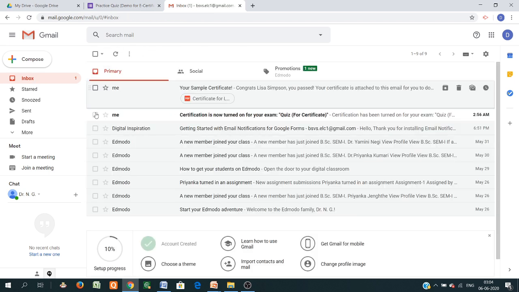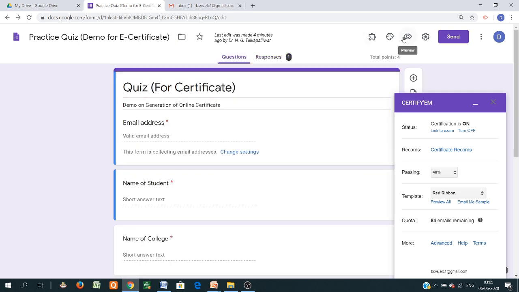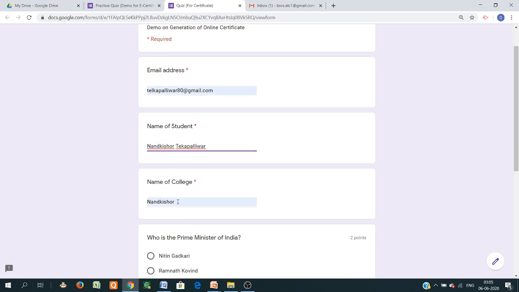It takes a little time, we will see later how the certificate looks with another response. Suppose I am writing another email ID, just clicking here, name of college.